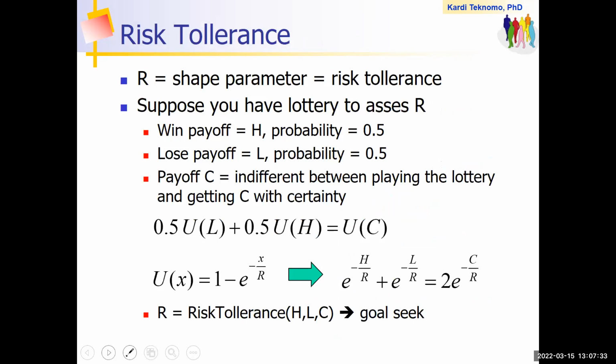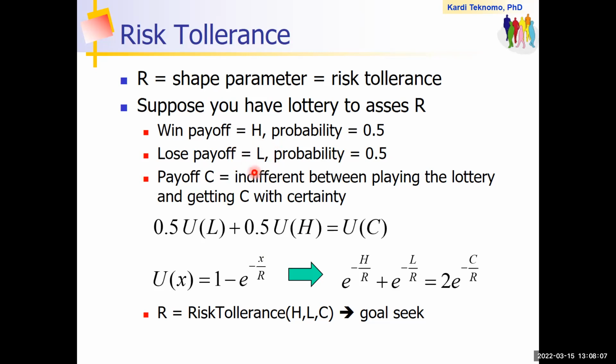Okay, so how am I going to calibrate my model of the utility function? How will I get the value of r, the risk tolerance parameter? I will give you an example. Suppose you have a lottery to assess r. If you win, your payoff is H, and the probability is 0.5. And if you lose, the